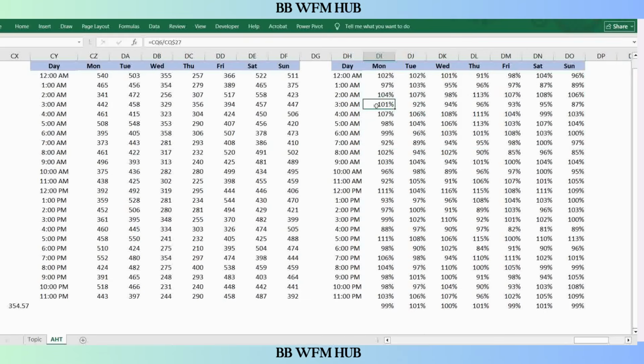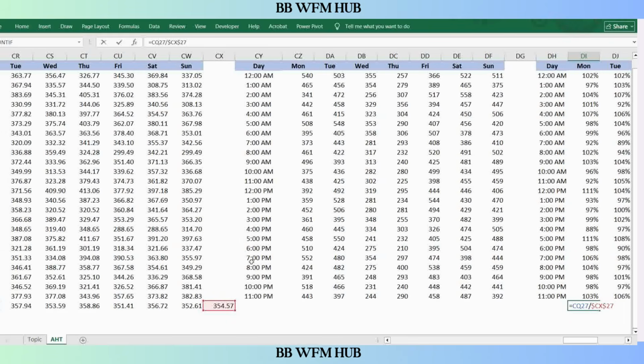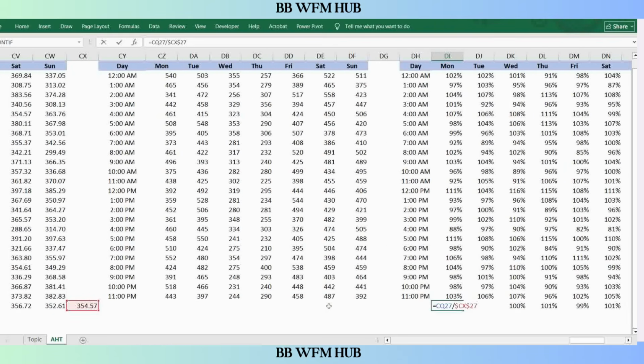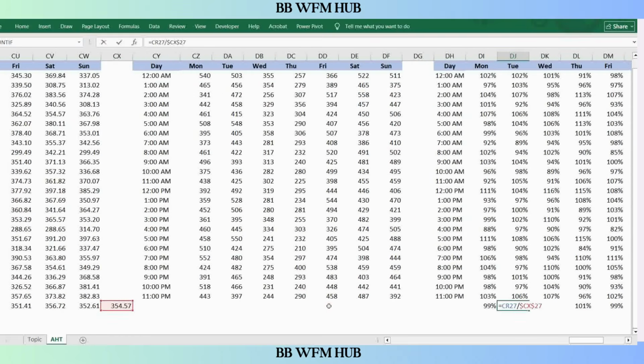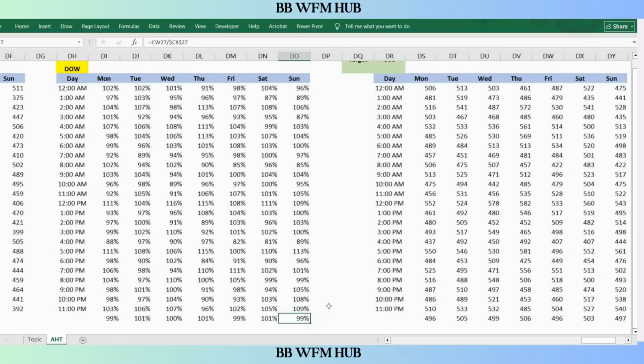This is the interval of the day pattern, and now it's important to calculate the day of the week as well. So for the day of the week, what we are doing is dividing our Monday AHT by the whole week AHT to get the day of the week. That's how we calculate the DOW, and we are doing it for all the days of the week. So this is our day of the week pattern, DOW, and with this DOW we are going to break down our AHT